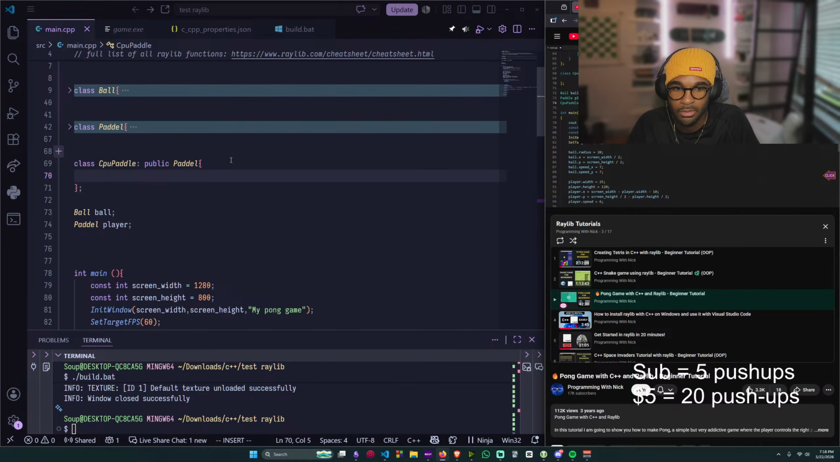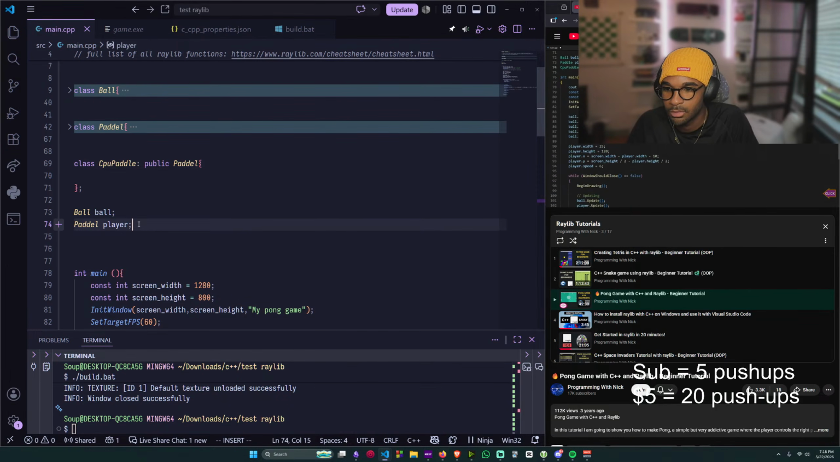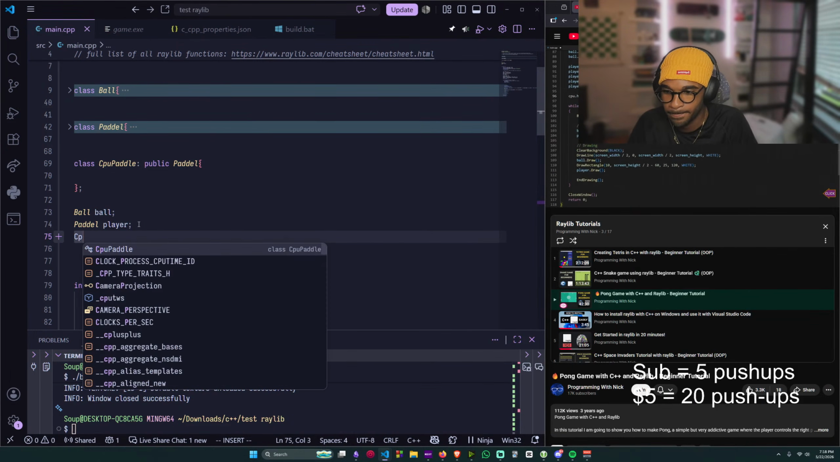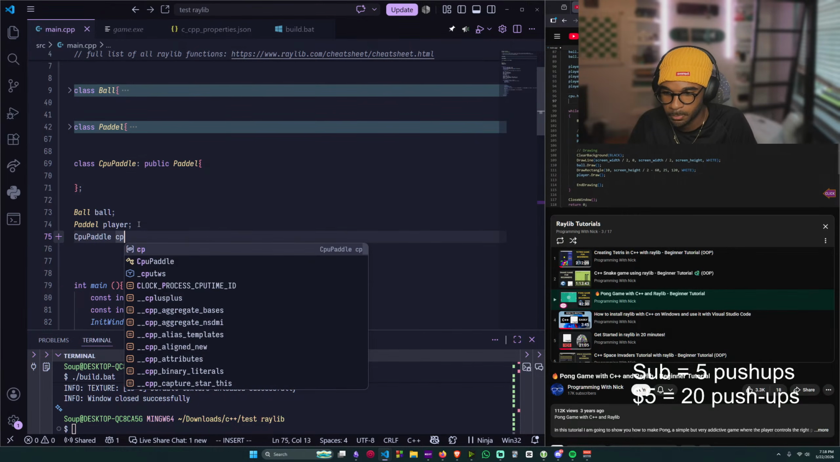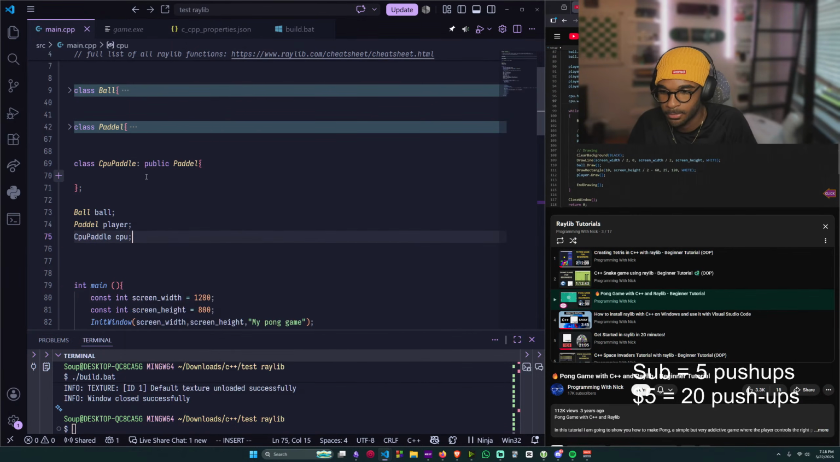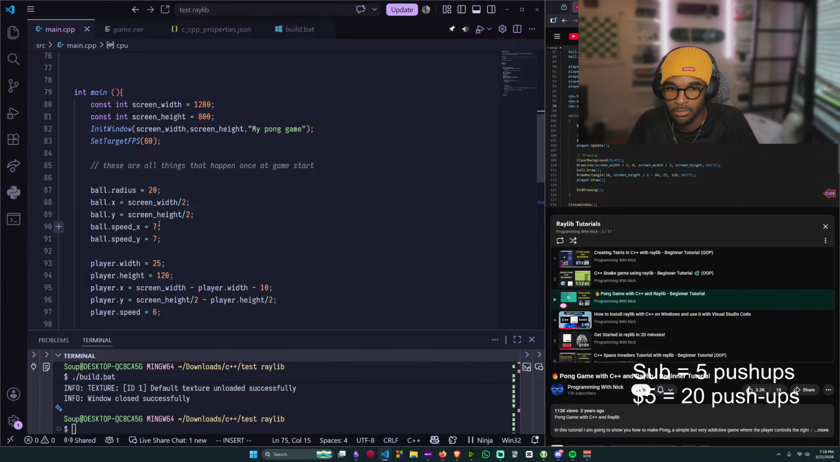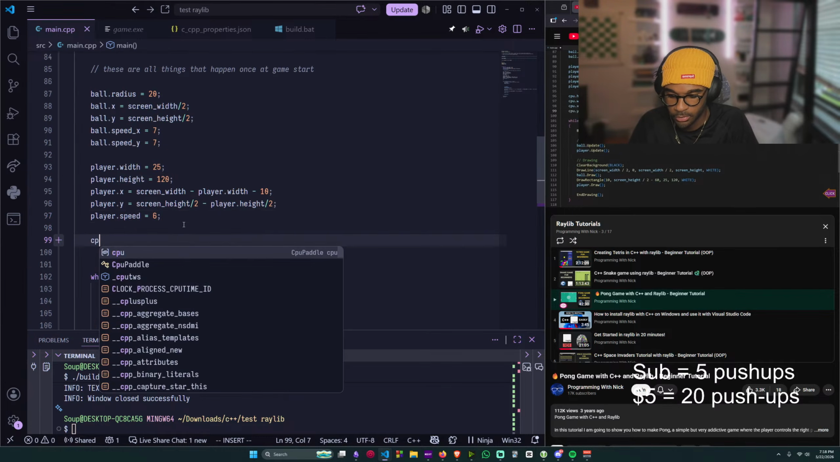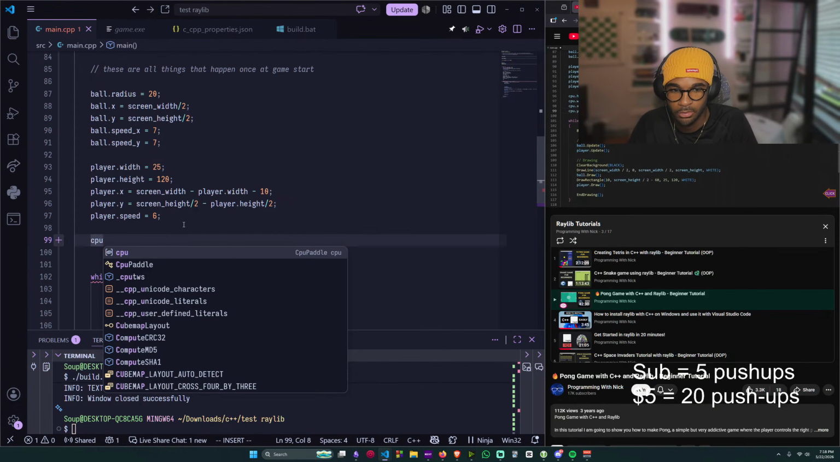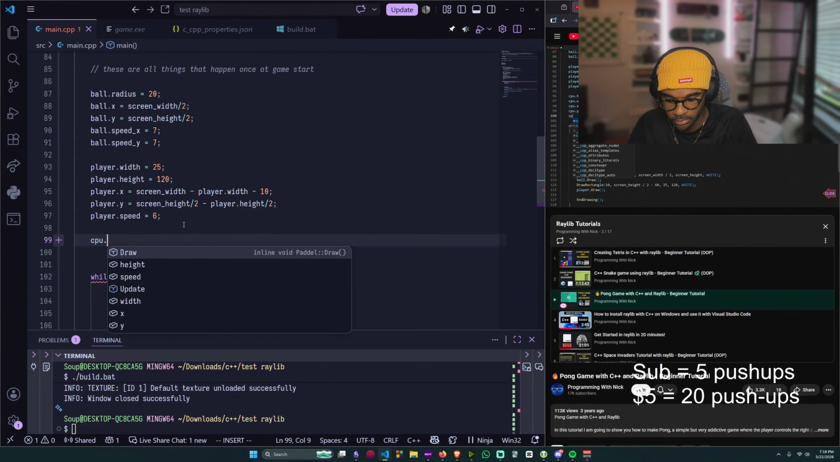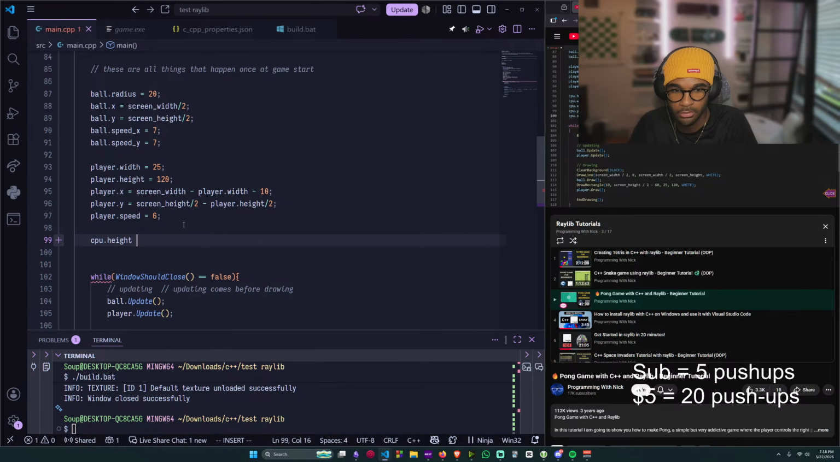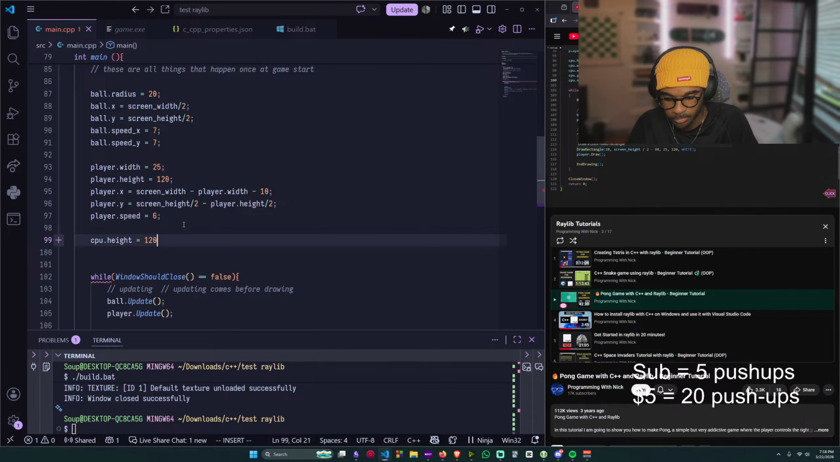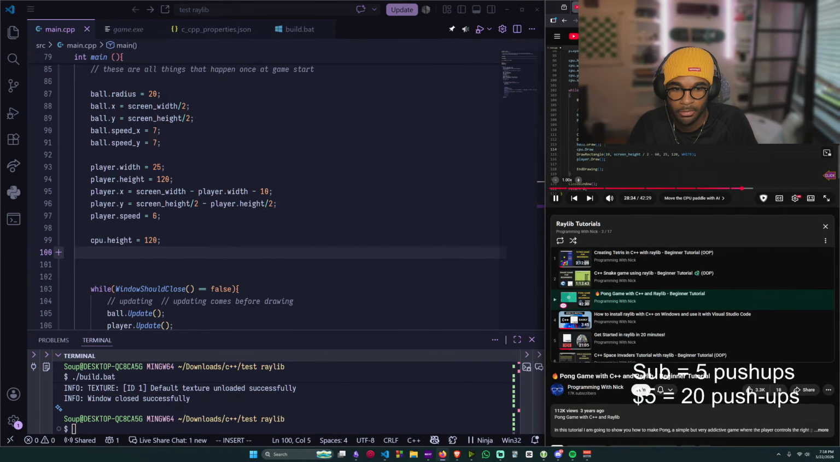CPUPaddle cpu. Now let's initialize it. cpu.height is equal to 120. cpu.width is equal to 25. cpu.x is equal to 10. cpu.y is equal to screen height divided by 2 minus cpu.height divided by 2, and cpu.speed is equal to 6. Now let's call the draw method of the CPU object in the game loop here, cpu.draw, and then